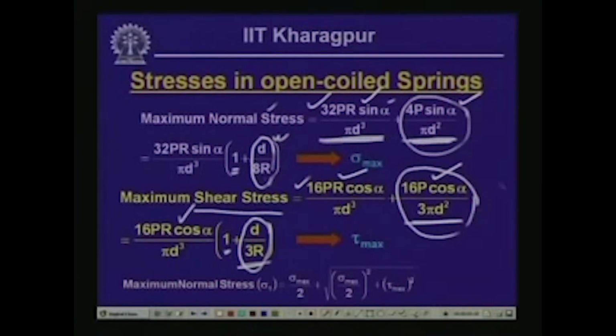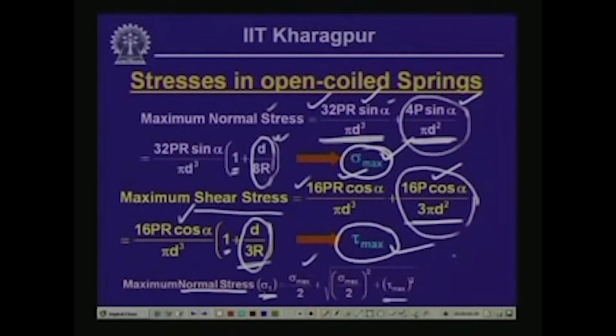So, once we have the maximum value of the sigma, which we have called sigma max, which is the sum of the 2 normal stresses, and the sum of the 2 shear stresses which we have called tau max, considering this sigma max and tau max value, we can compute the maximum normal stress sigma 1, which is equal to sigma max by 2 plus root of sigma max by 2 square plus tau max square, and this expression, as we had seen earlier, we can obtain from the transformation equations,